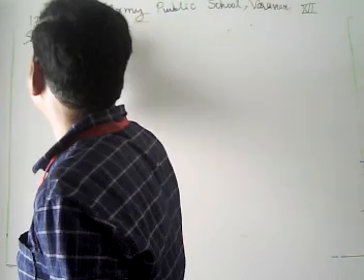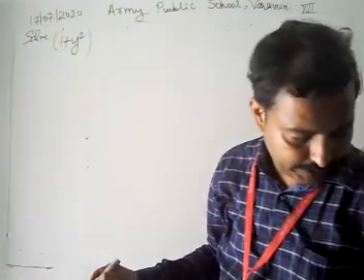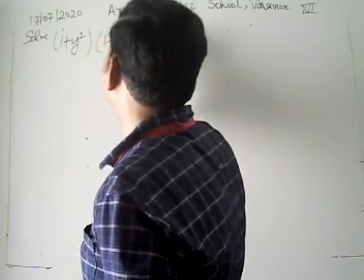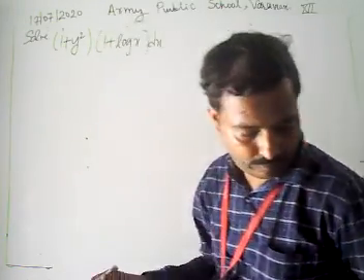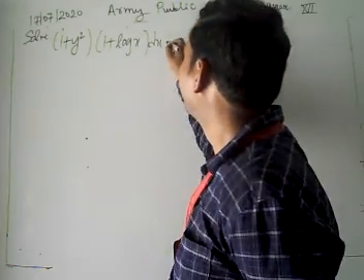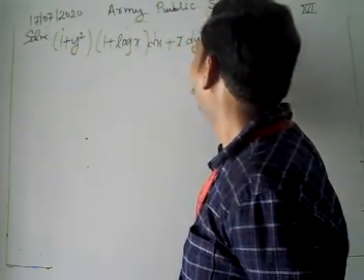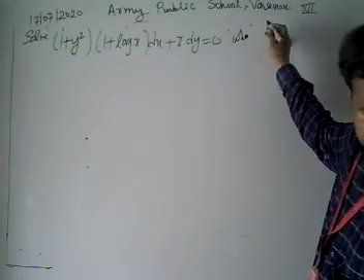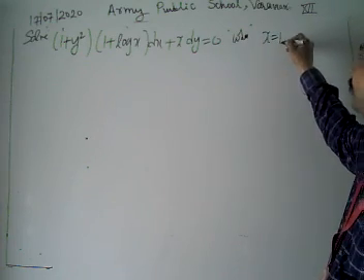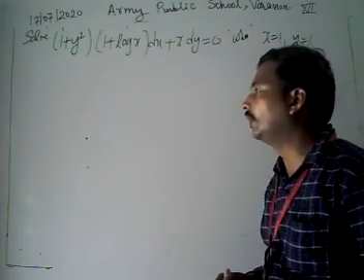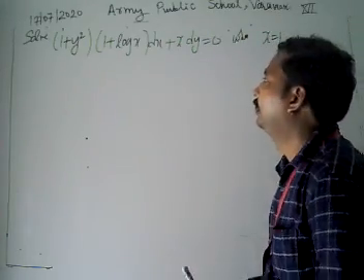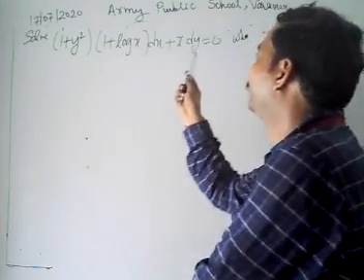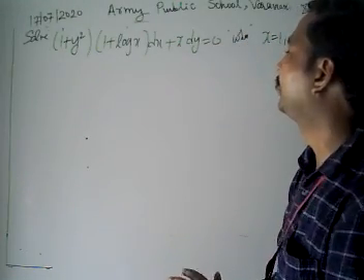1 plus y square into 1 plus log x dx plus x dy equal to 0, given that when x is 1, y is 1. Now look, our y term is individual and our x term is individual, so we can use the variable separable method.